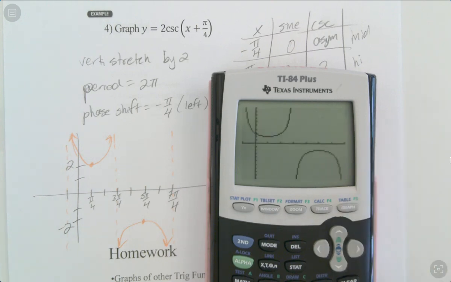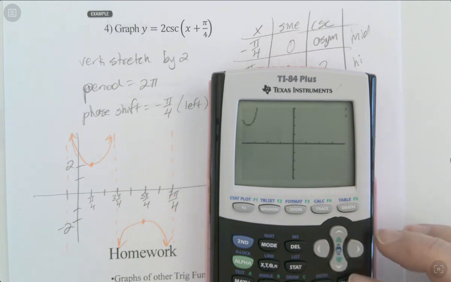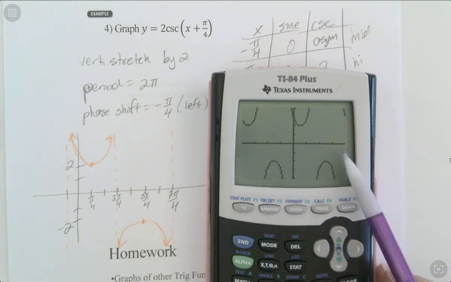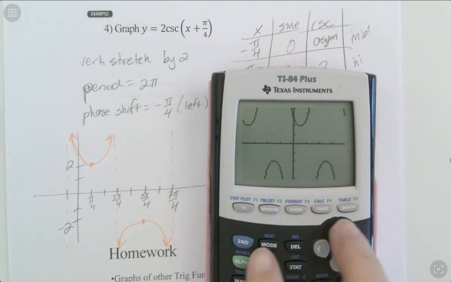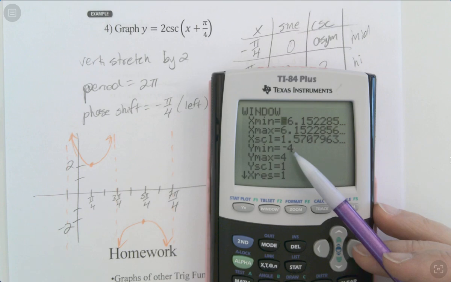And so now it looks like it does on my paper. I don't think I showed you guys this the other day, but when you're graphing something, if you go to the zoom, there are some preset zooms that are nice, like zoom trig. If you're in radian mode and you press that, it's going to default to having the x min be negative 2 pi approximately, and the x max be 2 pi approximately, and then I think the y is like negative 4 to 4. If you go to window, you can see what it is. It's not quite negative 2 pi, because negative 2 pi is negative 6.28 something, but it is negative 4 to